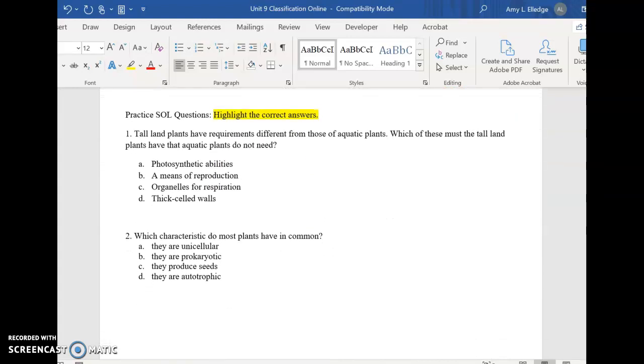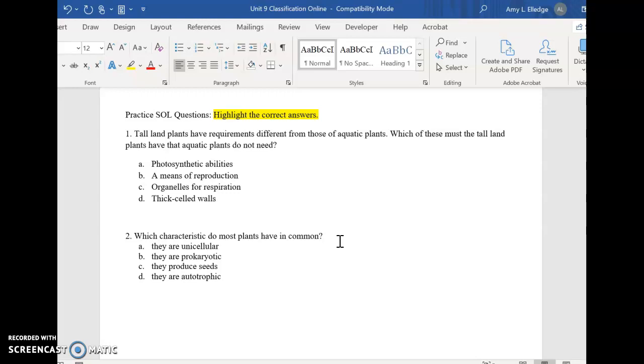And we only have 2 multiple choice down here, y'all. So tall land plants have requirements different from those of aquatic plants. Which of these must the tall land plants have that aquatic plants don't need? Well, if they're plants, they all need to do photosynthesis, so we know it couldn't be A. A means of reproduction, everything needs a means of reproduction, so it's not B either. Organelles for respiration, well, all living things do respiration, so they all must have that too. So the only really option there is the thick-celled walls, because when you're on land, you don't have the water